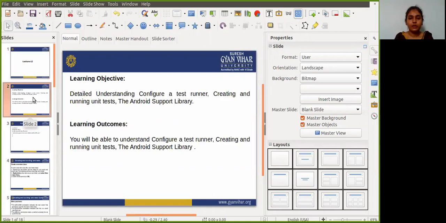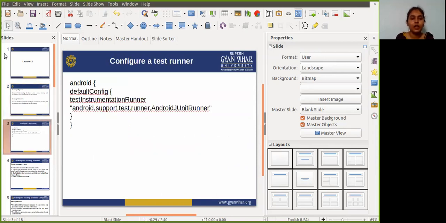Okay, hello everyone. So in today's lecture, we will learn about the configuration of test runner and creating and running unit test and Android support library. After learning this chapter, you will understand what is Android support library, how it can be downloaded into your Android Studio, and also you can learn how to configure the test runner like espresso and all the types of test runner we already learned. So let's start from configuring our test